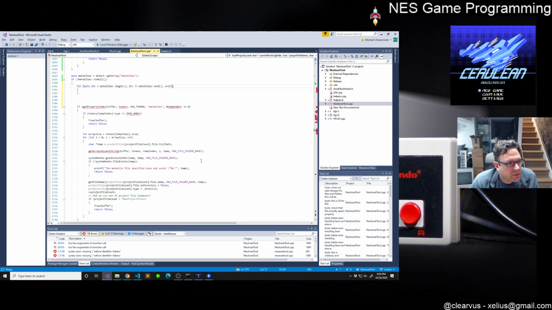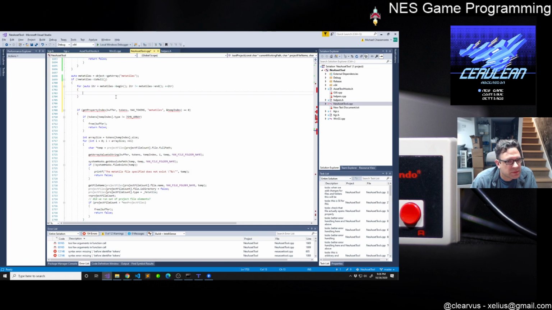One thing that's important to note is that when you have something that's a complex type like this iterator, you don't want to use iterator plus plus. You want to use plus plus iterator, because the postfix or the post-increment versus the pre-increment will create a copy of that object before it does the increment, and it's wasteful to do. That was something I learned a while back. So I just got in the habit of doing that in general, just so I don't even think about it anymore. But in case anybody's wondering why I'm not doing iter plus plus. All right, so